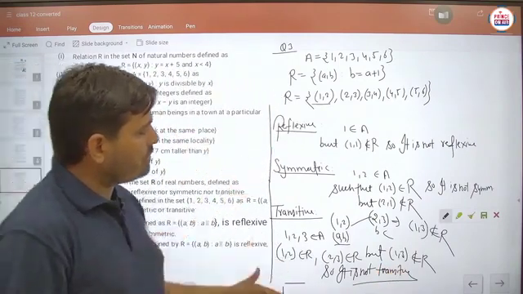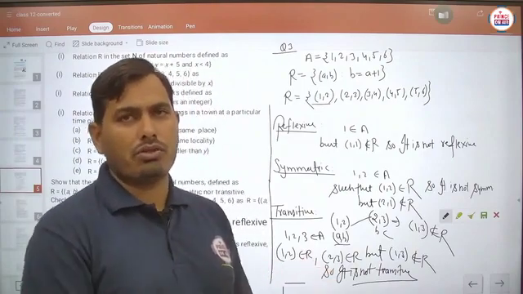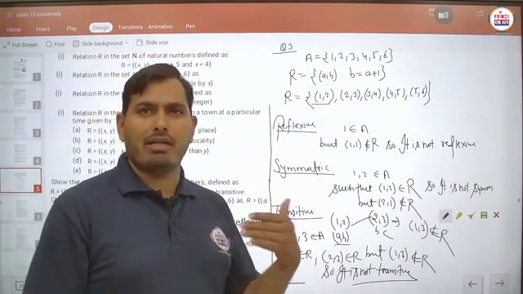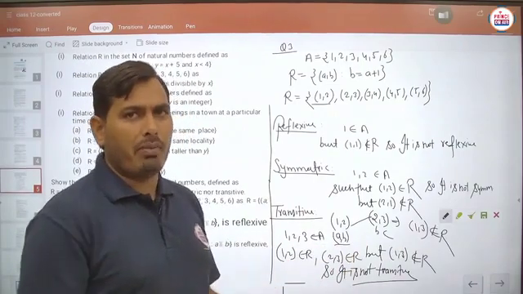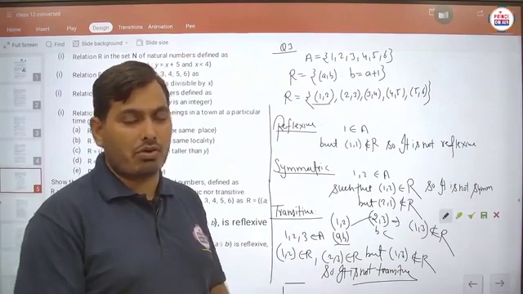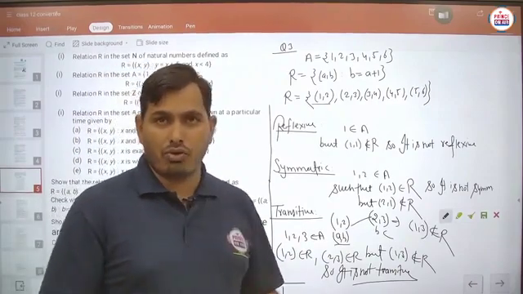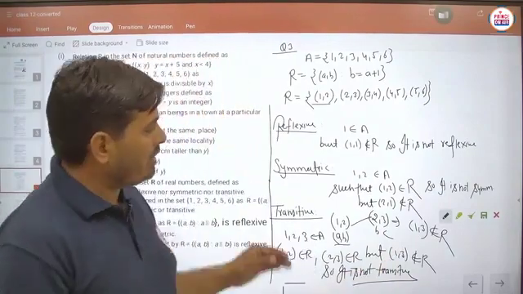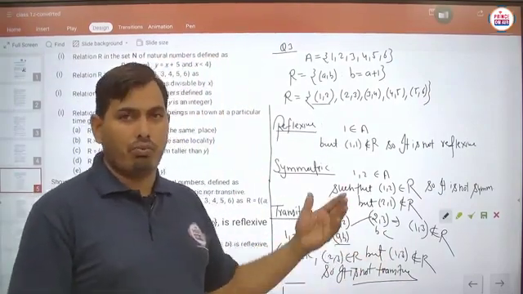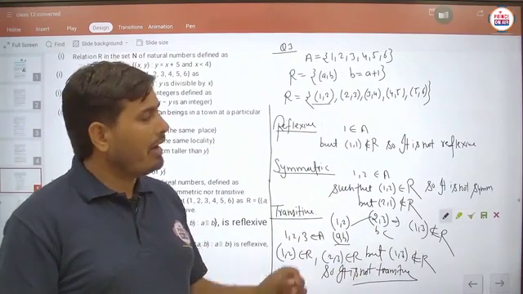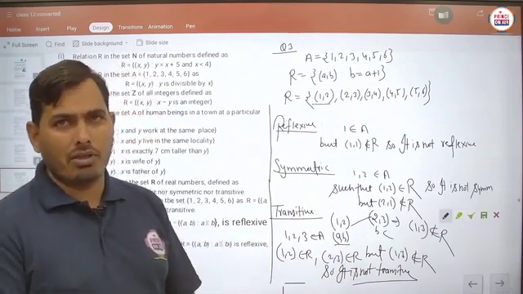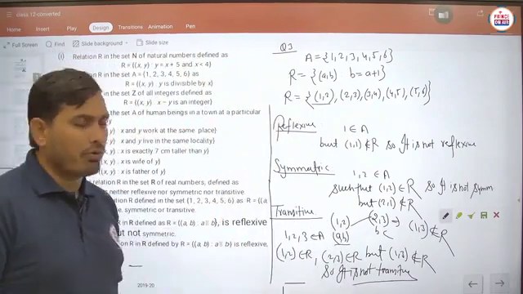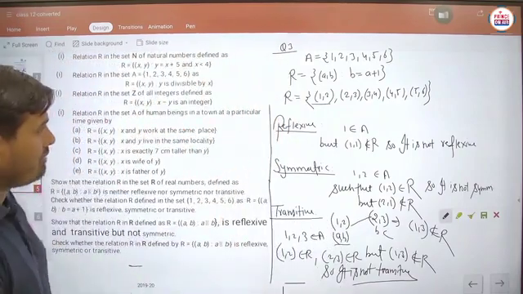So in this way, student, we have to express the answers of these questions in your examination copy. That's why we will get the proper marks, and you can easily see why this is not reflexive, why this is not symmetric, why this is not transitive. Try to give the answer in such a way that the examiner as well as you will be satisfied, and definitely you will get proper marks in the given question. Is that clear? Now pause the video to note it down. After that we will start the next question number 4.